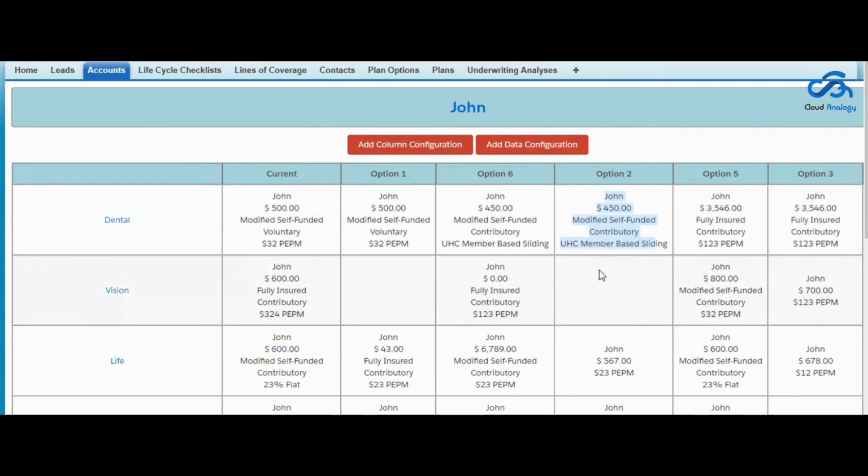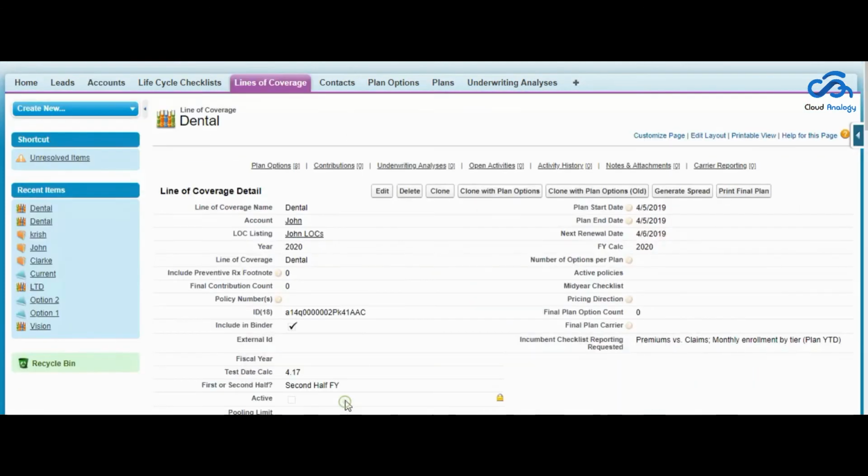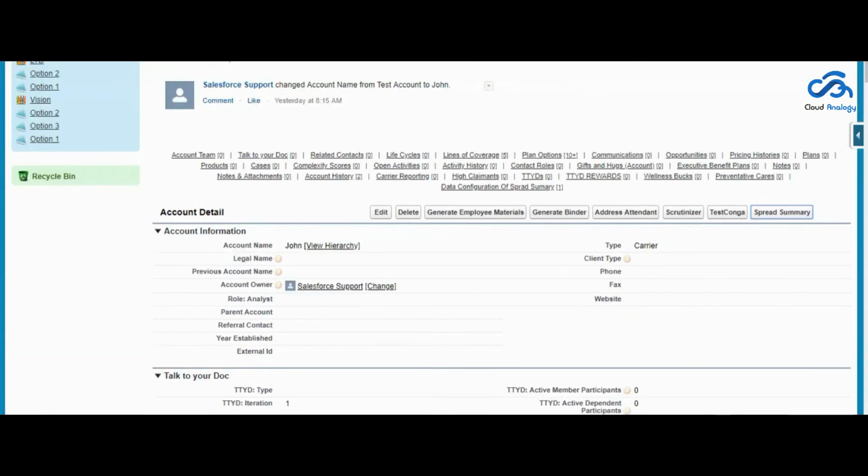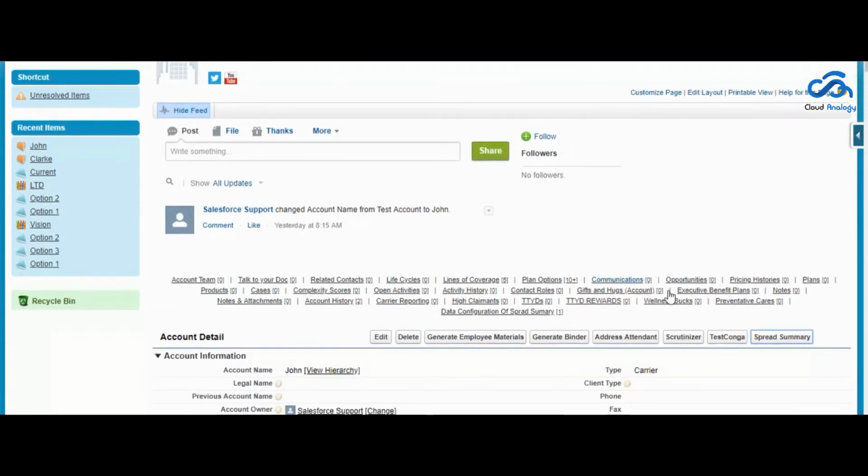Now I would like to show you a different account which does not have the same configuration. So we have to go to Salesforce. We will open another account and click the spread summary button.